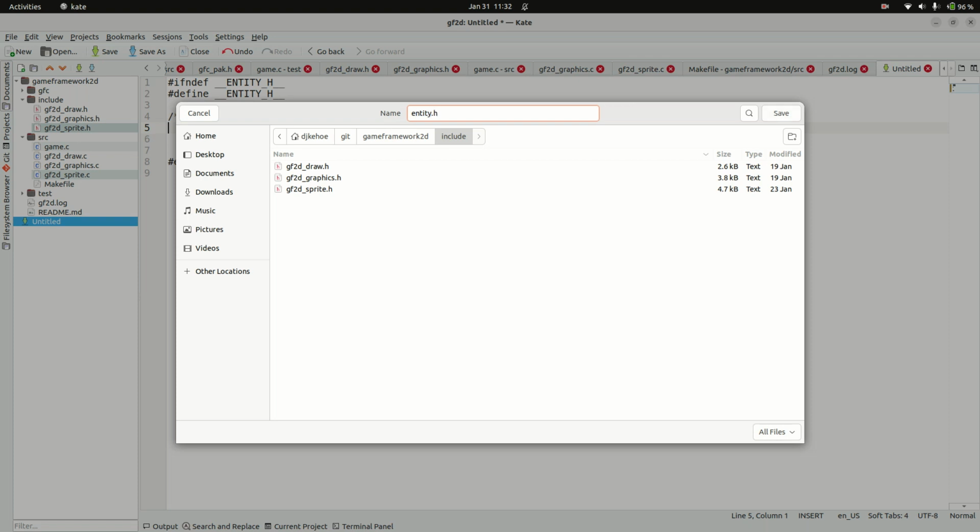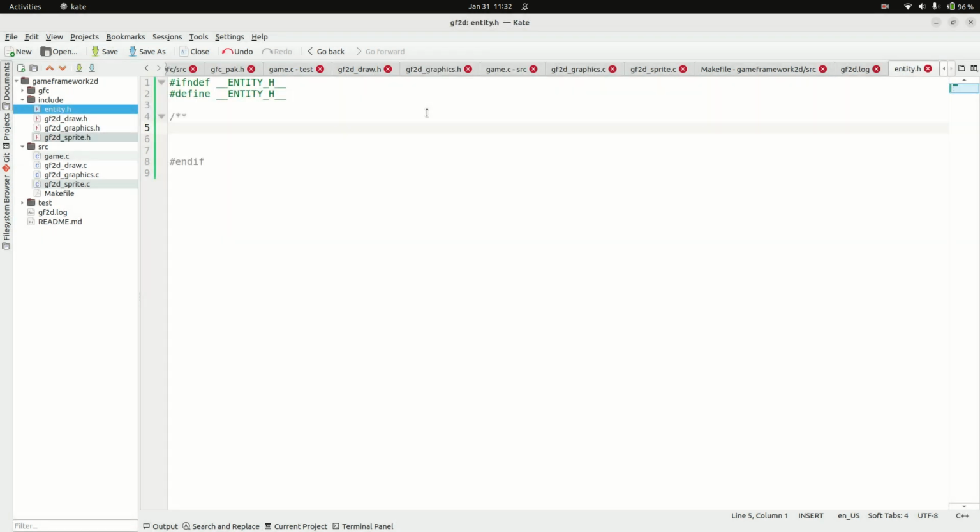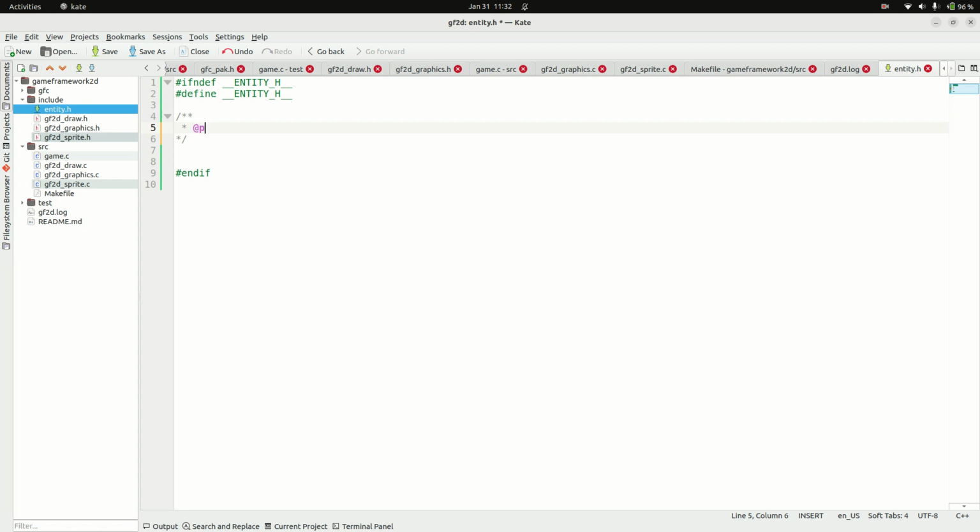If I were making this as a generic system for the library, I would probably prefix it with gf2d. If you know what the name of your game is going to be and you've decided on a prefix for your game, you can go ahead and put that. But since I'm just using this as a class example, I'm going to forego any prefix and just call this entity.h. Now that I know it's a header file, I have context awareness. We could add a purpose if you would like to describe what's the point